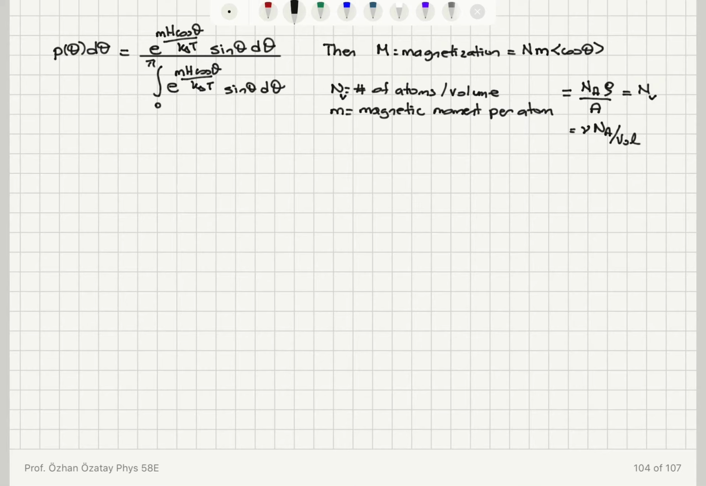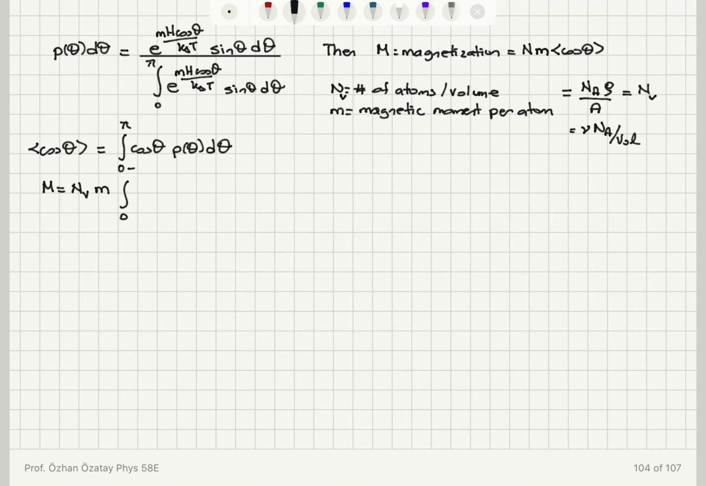So how do I calculate the average value of cosine theta? Well, I have to use the probability distribution: integral over all possible values of theta, 0 to pi, of cosine theta times the probability distribution function p of theta, d theta. So if I perform this for the magnetization, I will find the number density NV times m,